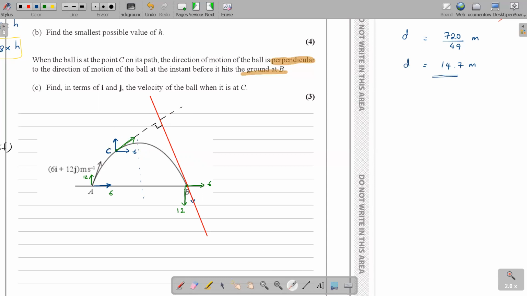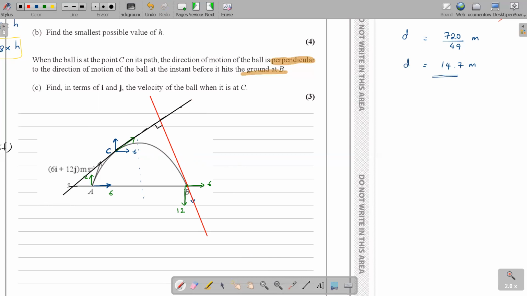And can you see the direction of motion at C? The direction of motion at C is being perpendicular. It doesn't look very much like it, but anyway, this is roughly how it looks. So let me make that line longer. This is how it looks. What you do is make this line long until you meet over here. Okay, this is what you do. We do a simple geometry here, children. It's actually really easy.